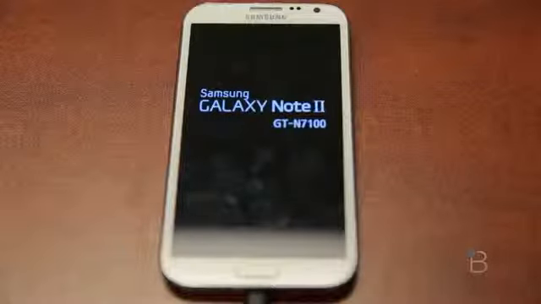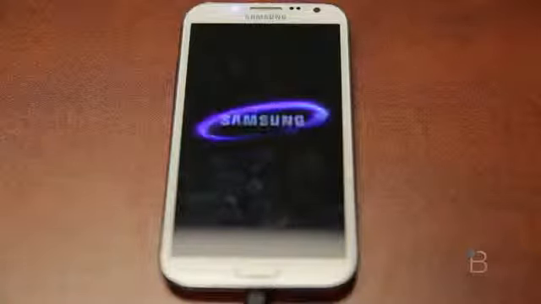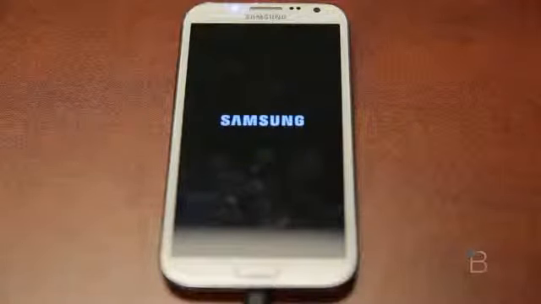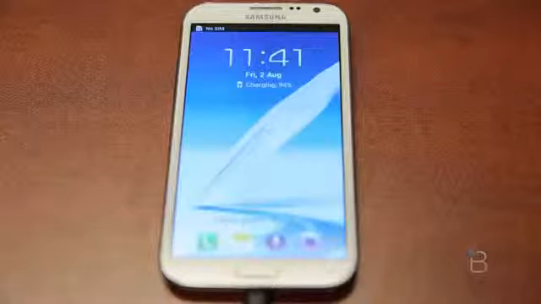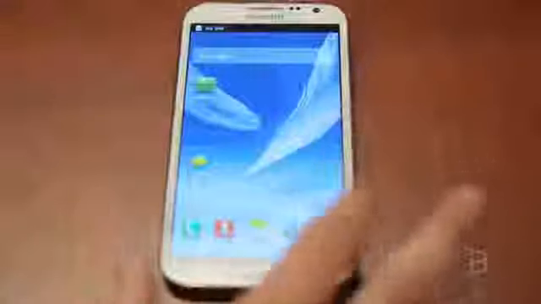We'll go back to your home screen, and it won't be anything different, but you will have a program called Super SU installed, and that means that it is rooted, and that's just what you need to get CyanogenMod onto the Galaxy Note 2. There we go, it says Android is upgrading, and now we should just boot right back into the home screen. There we go, you want to slide to unlock,